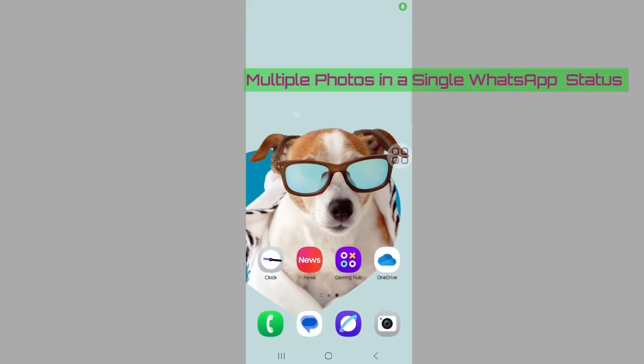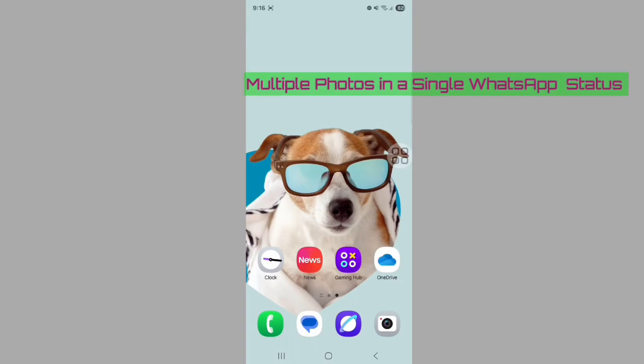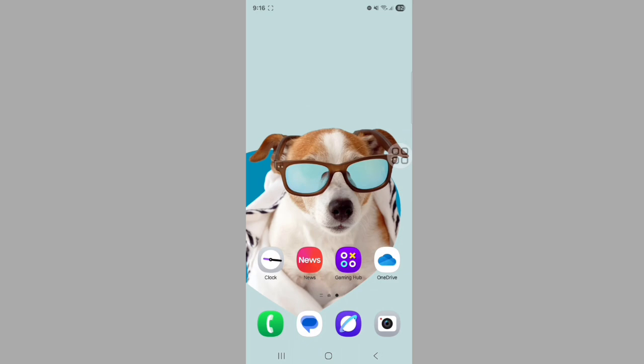Hello everyone, in this video I am going to show you how to add multiple photos on WhatsApp to a